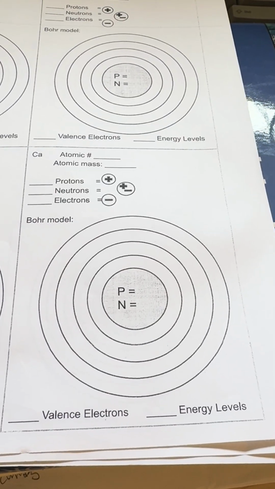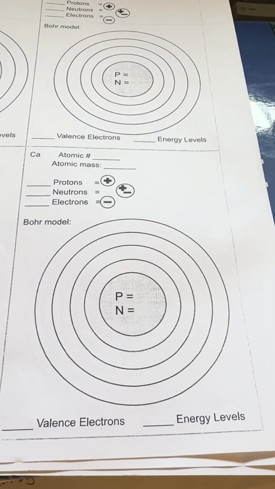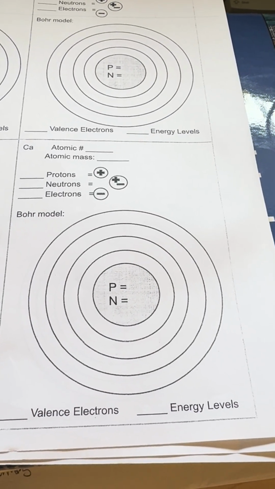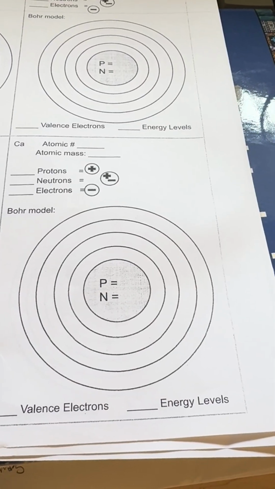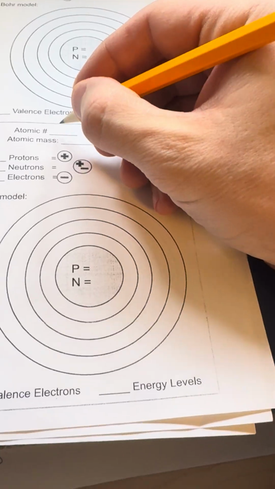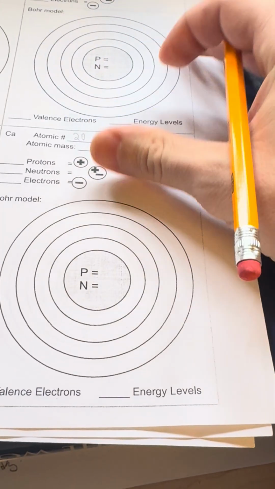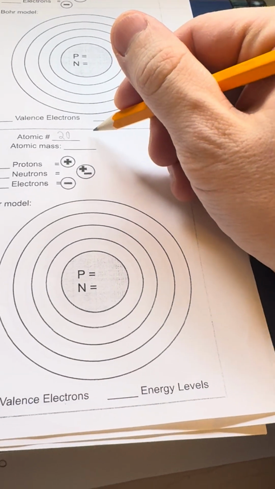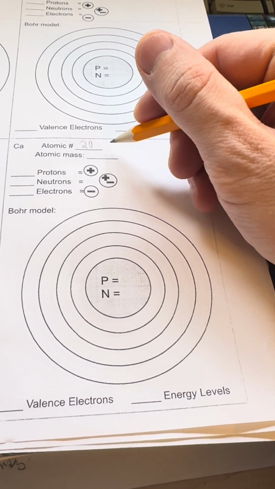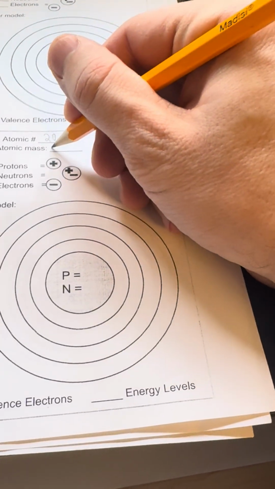I'm going to go to step 5 on page 3 of the differentiated quads worksheet and explain how to write in the electrons correctly for the Bohr model of calcium. If we follow steps 1 and 2, we will remember that the atomic number is 20 because there are 20 protons, and 20 is the number that you see in the top left corner of the rectangle for calcium in the periodic table. The atomic mass is going to be